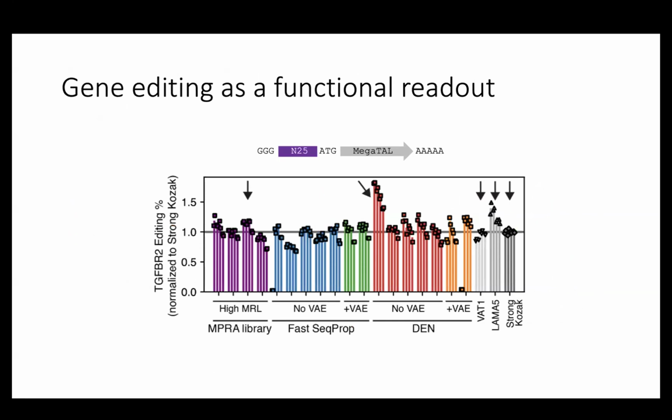So just to end on a high note, I do want to say we did the second generation of these designs where we just shortened the 5' UTRs a little bit, and we were able to get much more robust behaviors, even using just trying to design maximal ribosome loading, and even identified some sequences that performed well relative to the controls. Nonetheless, I think fundamentally,